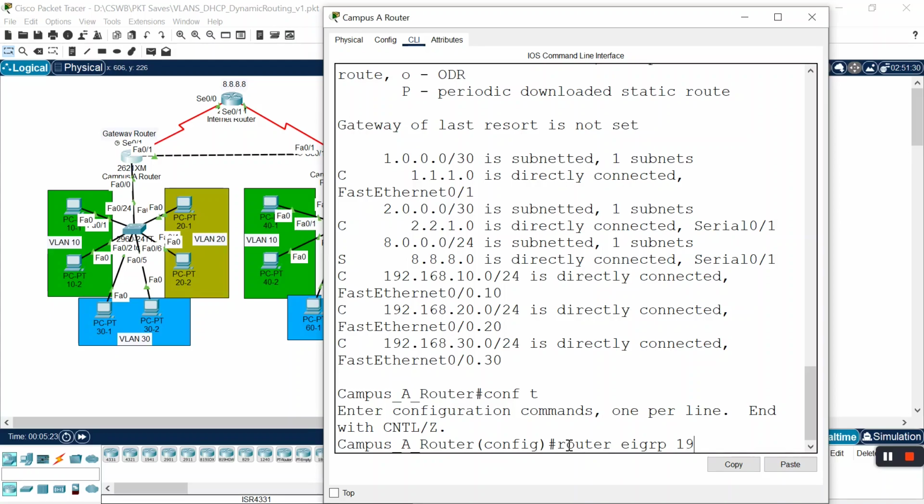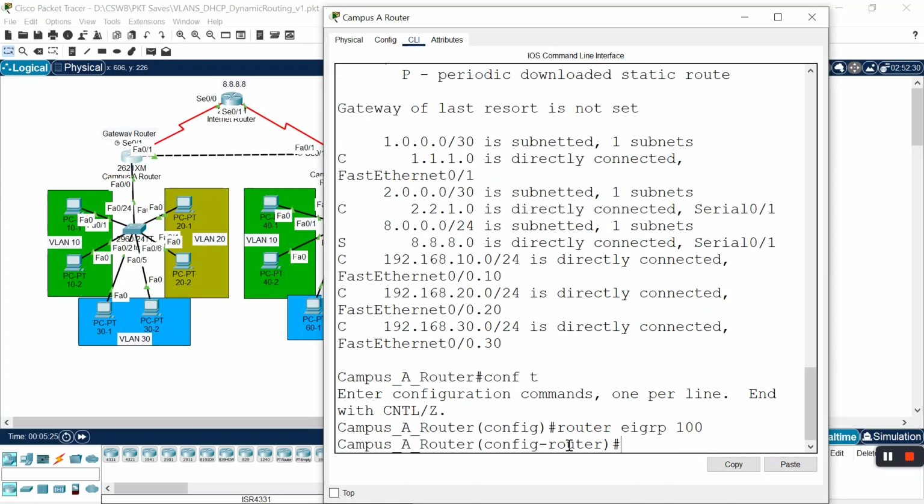That is EIGRP, and then the autonomous system ID. And the next is pretty simple. We just have to advertise 168.10.0, advertise our network IDs that are directly connected. So these are directly connected, and one thing that we need to ensure is that the network ID of this